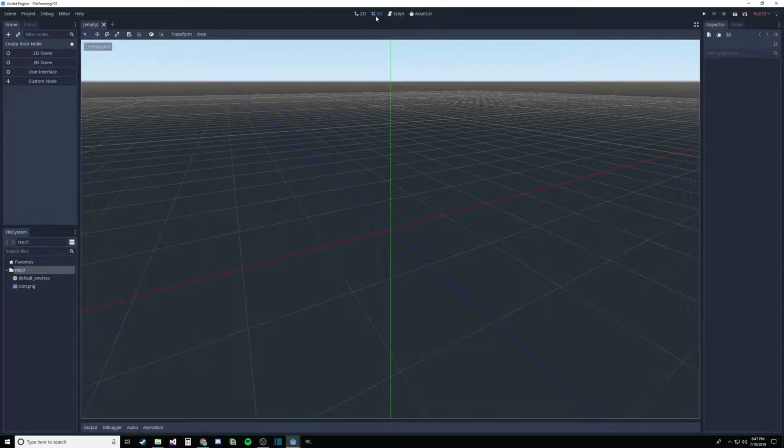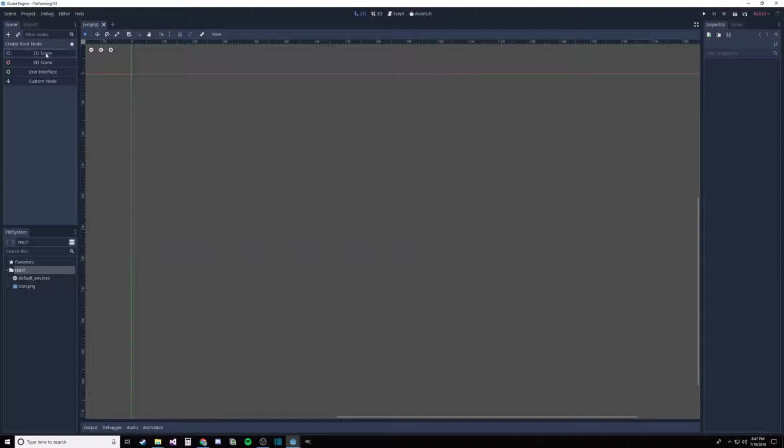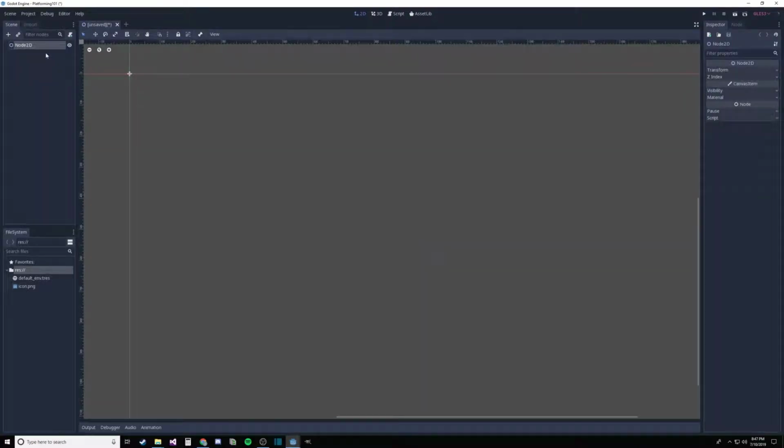We start off in a 3D environment. We want to go to 2D and we just want to create a scene. That's the very beginning. That's what I ended up doing. Basically, this is my first stopping point because I didn't know what else to do. I did a little research on making a character, making a platformer, and ended up